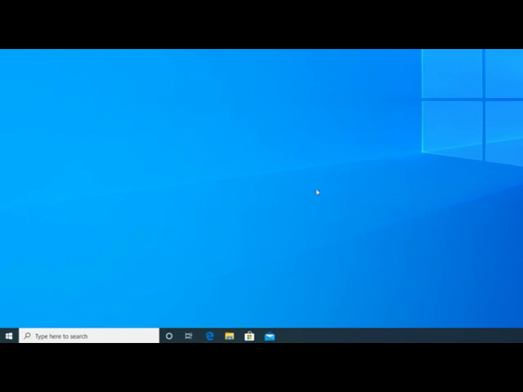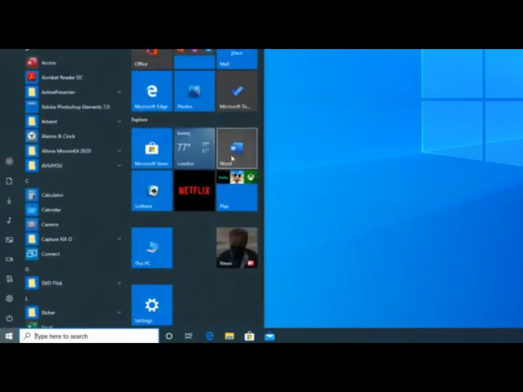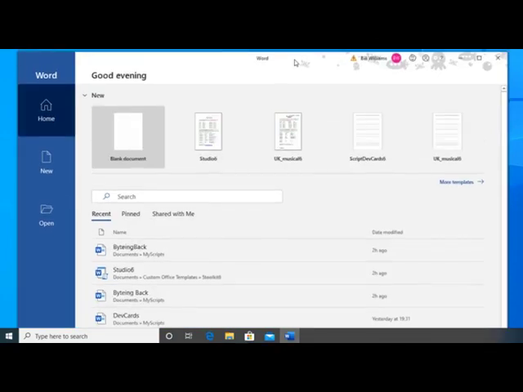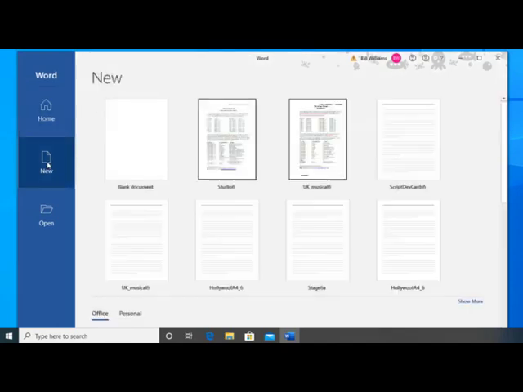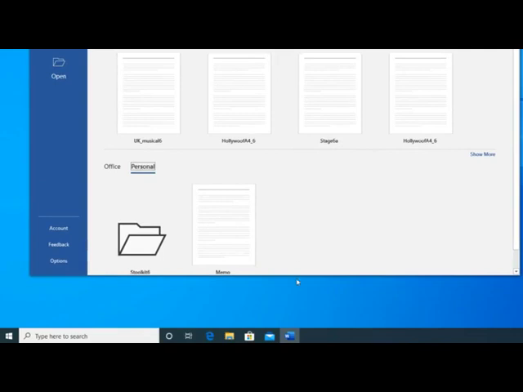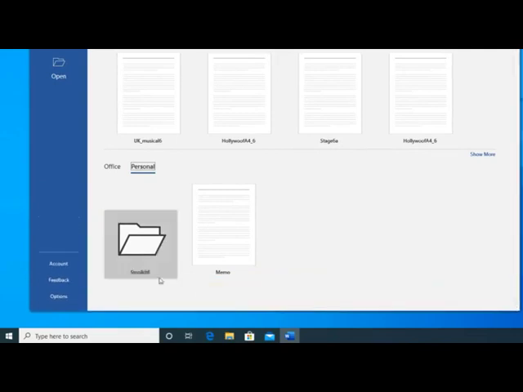The first thing we do is to open Microsoft Word. So we do that from there and there. And then the next thing we do is to select File, New, and Personal. Personal is where the extra templates are stored. And you'll see that in Personal we've got the toolkit and we've got the memo template which we used earlier. A single click on the toolkit opens it,